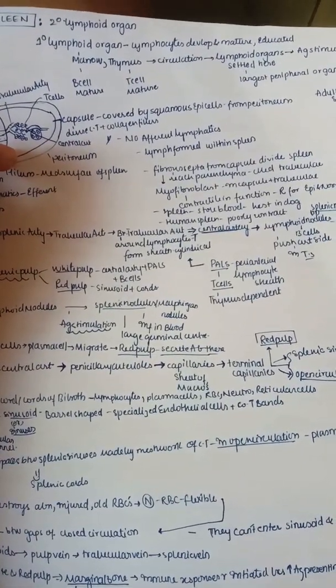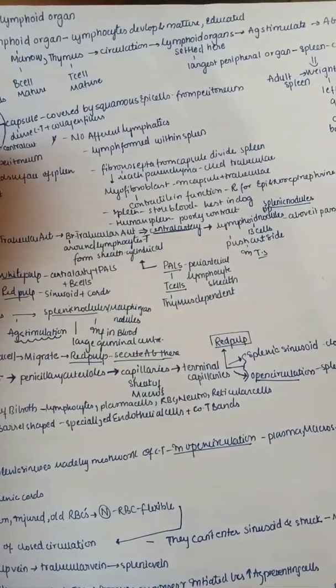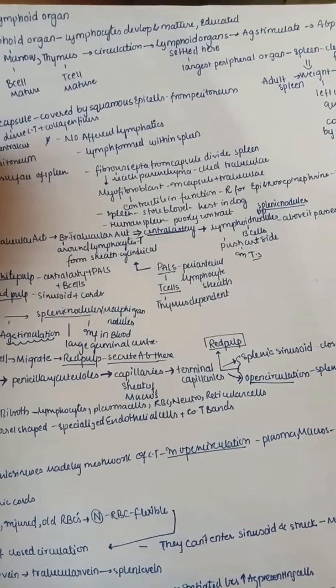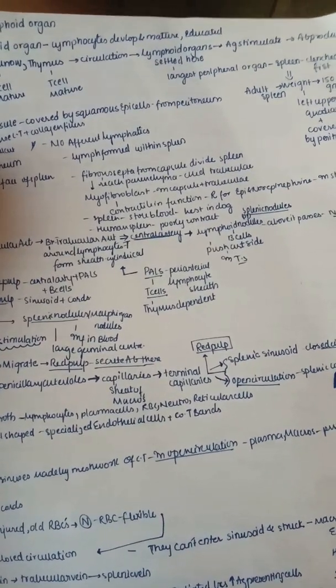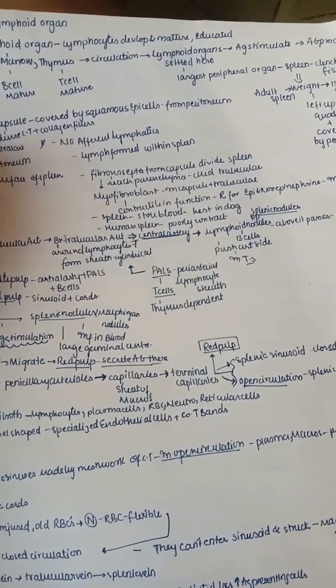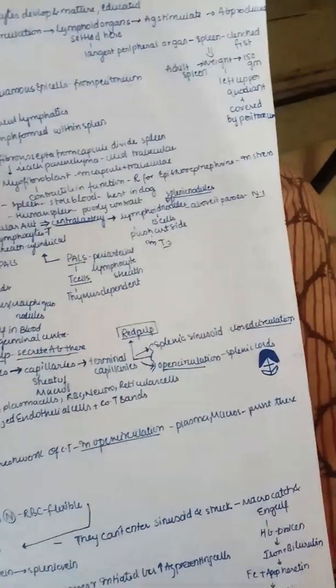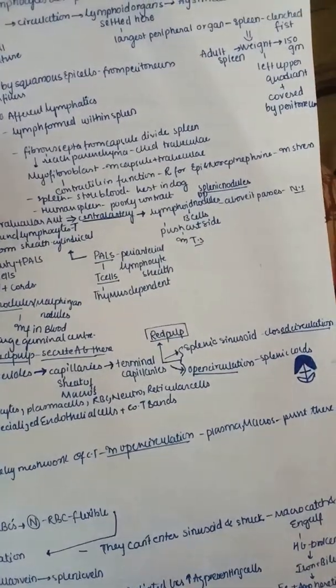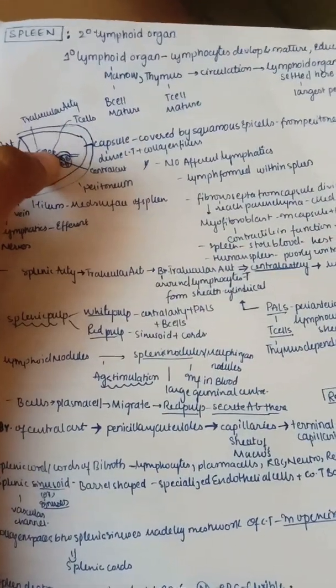In the middle of these T cells we have the central artery, and the central artery next goes on to form the lymphoid nodules, also known as splenic nodules, which are B cells. They are made up mainly of B cells, and they push the artery to the side in transverse section. You can see this is a B cell nodule over here, and the artery passes above this B cell nodule. You can see this is the nodule and the artery is passing above it. In longitudinal section you can see it like that.